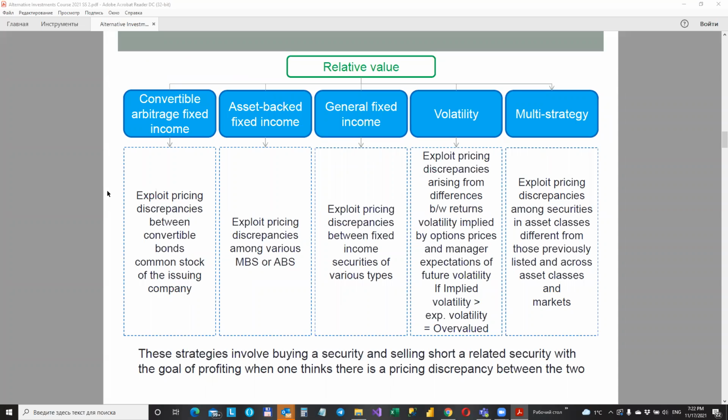Relative value. Relative value funds seek to profit from a pricing discrepancy, an unusual short-term relationship between related securities. The expectation is that the pricing discrepancy will be resolved over time. Examples of relative value strategies include the following: